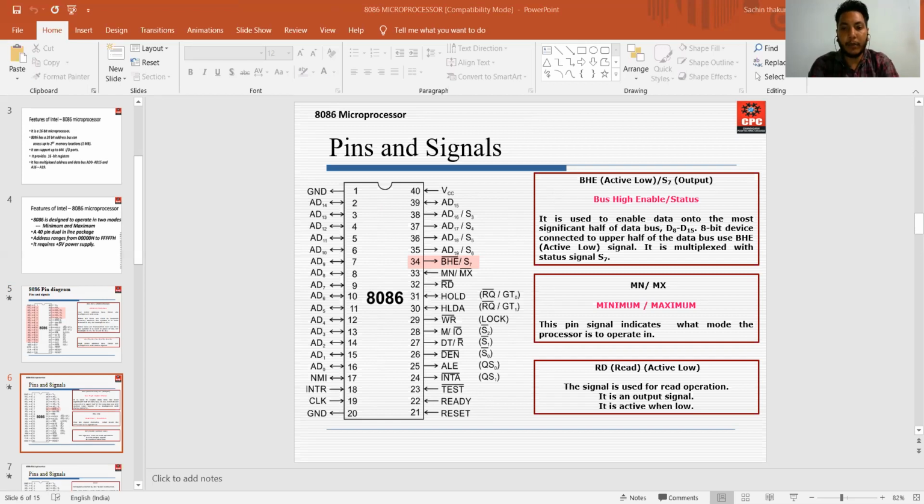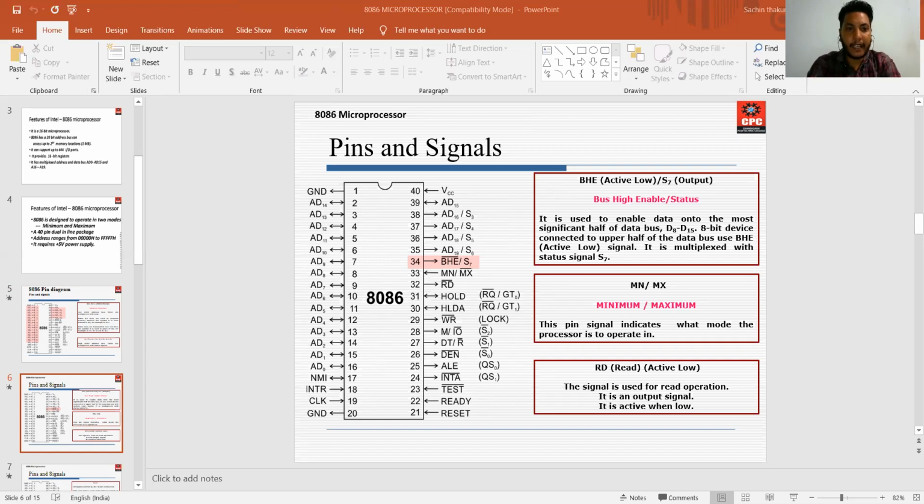This is your minimum mode. This pin signal indicates in which mode the processor is to operate. Minimum mode means a single processor mode and maximum mode means multiple processor mode. Now the next pin is